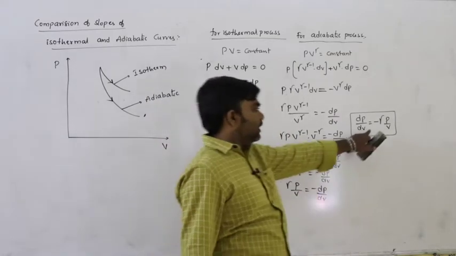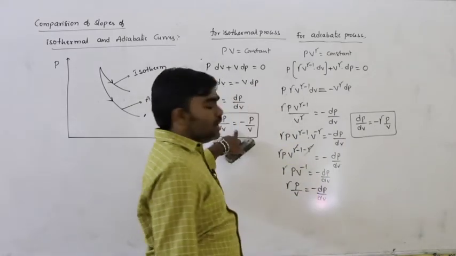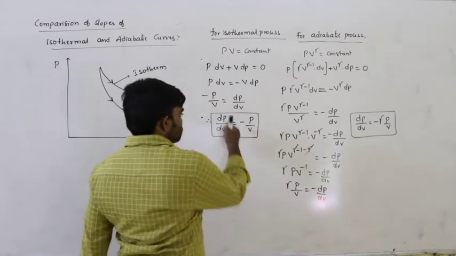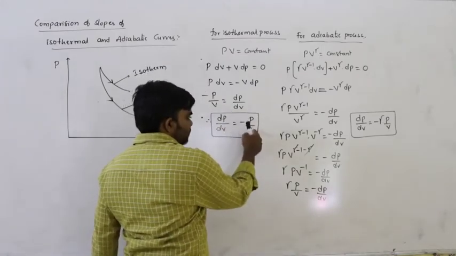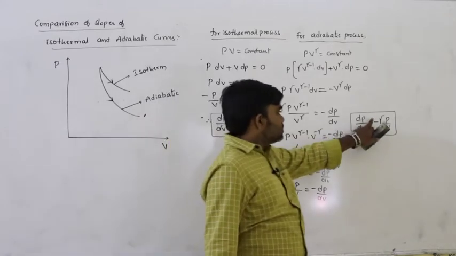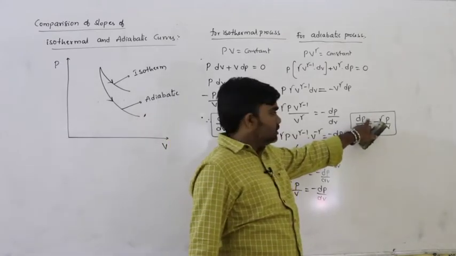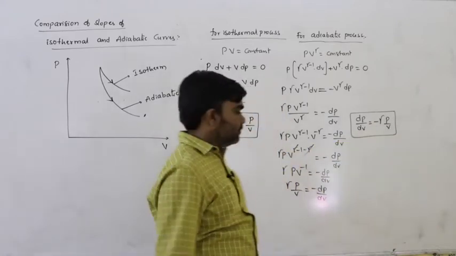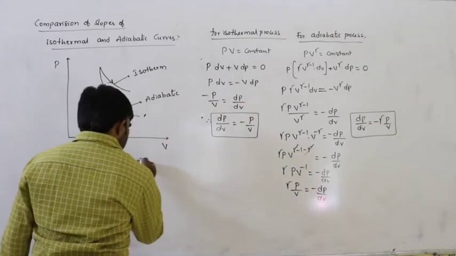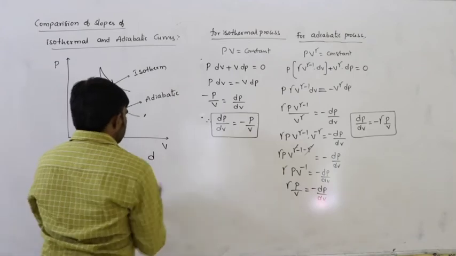This is the adiabatic curve and this is the isothermal curve. For the isothermal curve, what is the slope? dp by dv is equal to minus p by v. For the adiabatic process, dp by dv is equal to minus gamma p by v. So therefore from this what we can write is the slope of